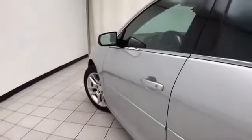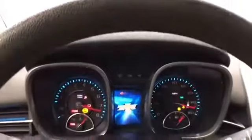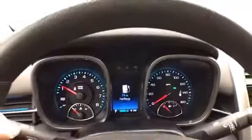This LT has keyless entry with remote start, power windows, locks, mirrors, power driver's seat, along with the tilt and telescopic steering wheel to put you in that perfect driving position. Large, easy to read gauges with driver information system,